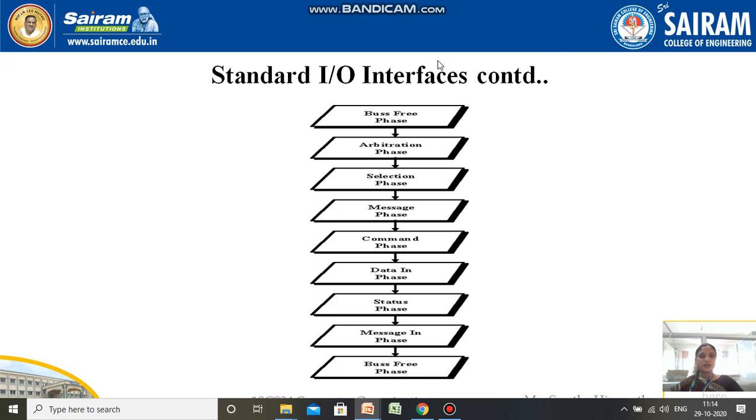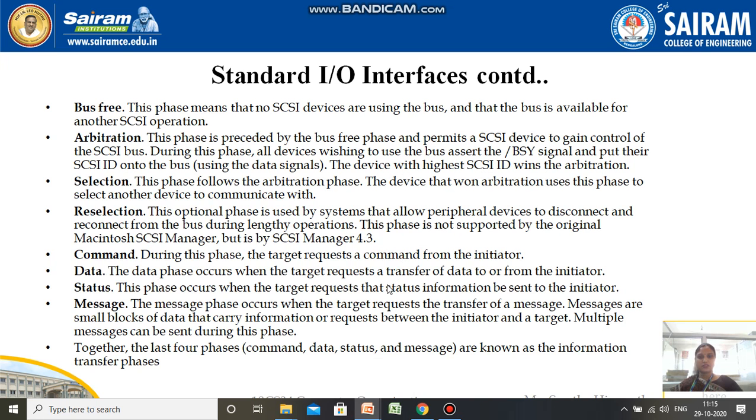This standard IO interface also has different phases: bus free phase, arbitration phase, selection phase, message phase, command phase, data in phase, status phase, message in phase, and bus free phase again. So it continues. Bus free phase means that no SCSI device is using the bus and the bus is available for another SCSI operation. Arbitration means which device becomes the next owner is decided by the arbitration phase. Selection means